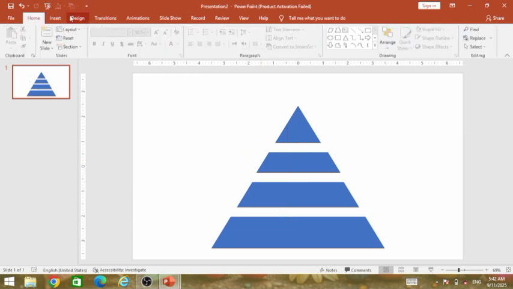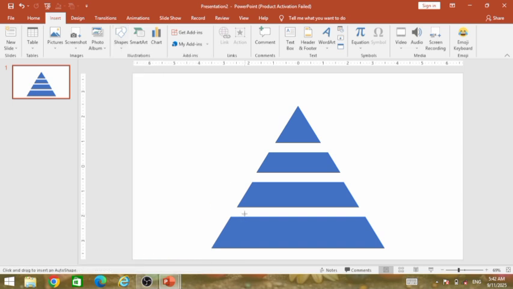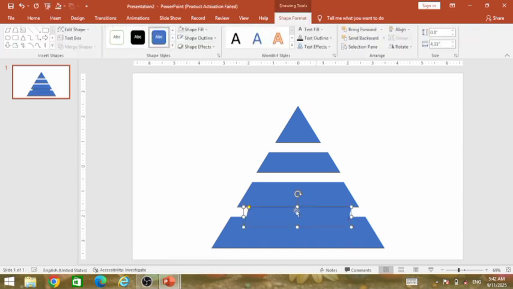Remove from here. Let me go to insert tab, go to shape. Let me select a parallelogram shape from here and drag it over here like this, and click on yellow dots and make it this kind, and from here let me make it this kind, and from here make it more like this. Go to shape outline, make it no outline, and make it duplicate, place it here like this, and from here adjust